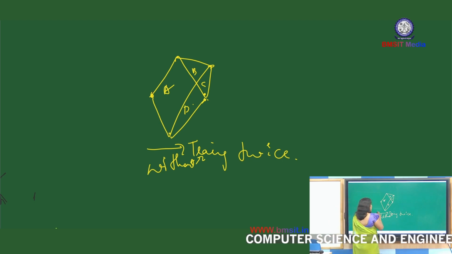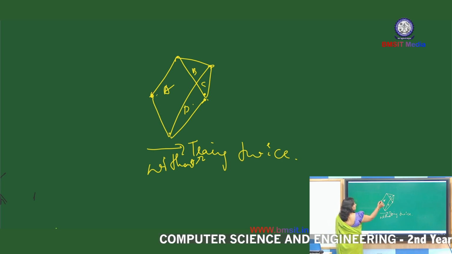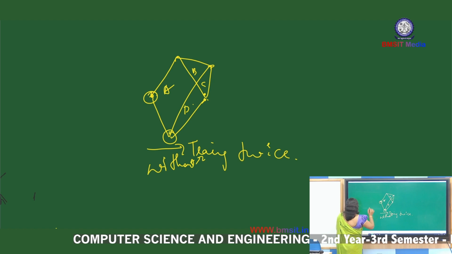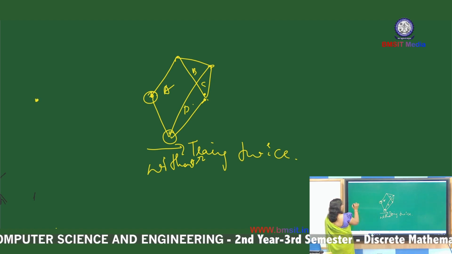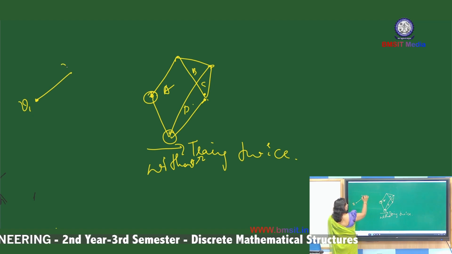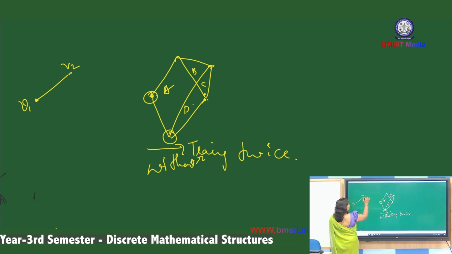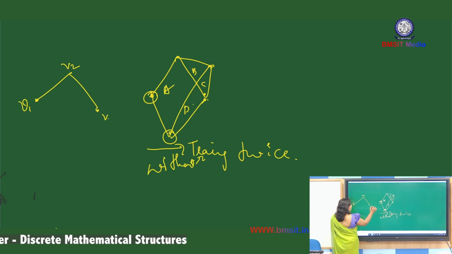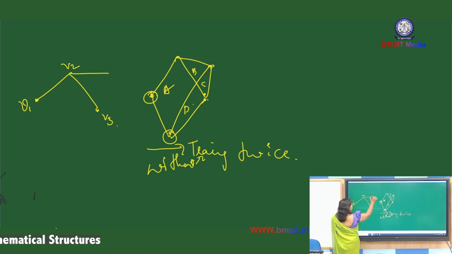In a graph, we can consider these points as vertices. So I call this V1, from here to here I call V2, and from here to here V3 and V4,